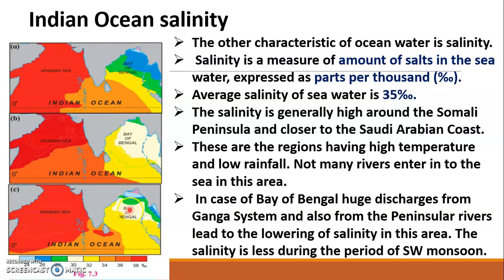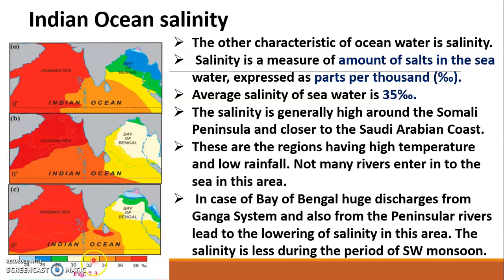So here you can see so many rivers, they come and they meet, and certainly what happens, because as the river is bringing fresh water and potable water and it is mixing in it, so because of that the salinity over here is very much less. And opposite to it is Somalia, which is on the Arabian Sea coast. So here you can see the salinity is very much high as compared to your Bay of Bengal.